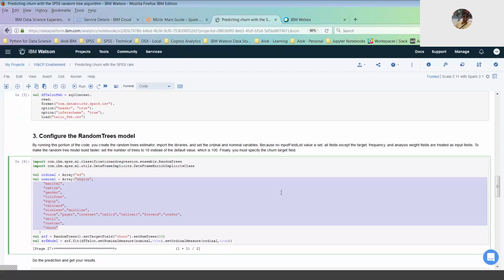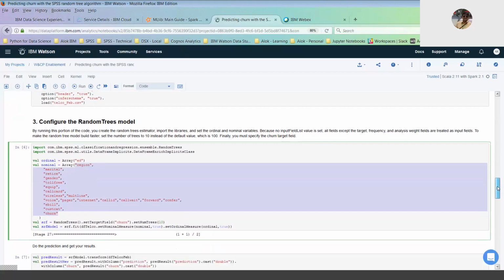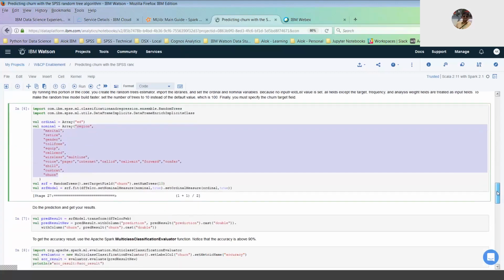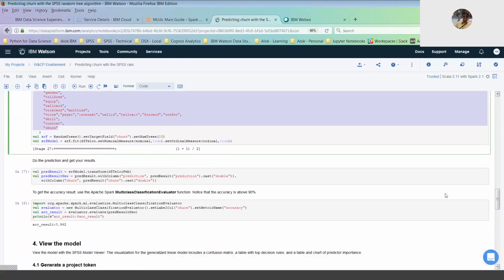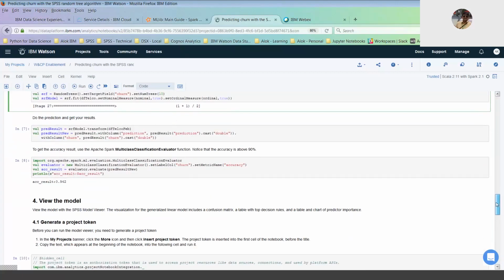right? And then, having done that, you also specify your target variable, and then predict the result, right? And it also gives you the Apache Spark multi-class classification evaluator function, right? And then the accuracy result is printed at the bottom when you run that, which is 94% accuracy, right? Based on whatever data that you have,